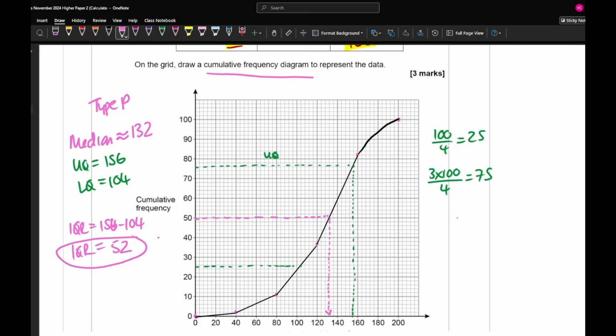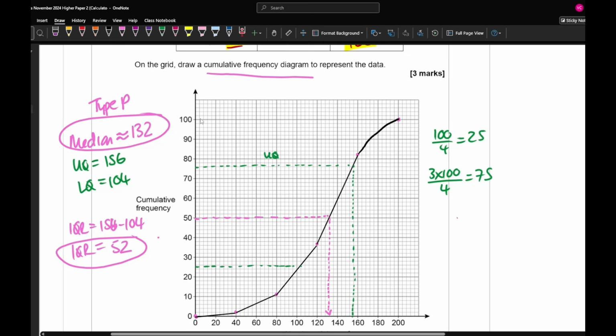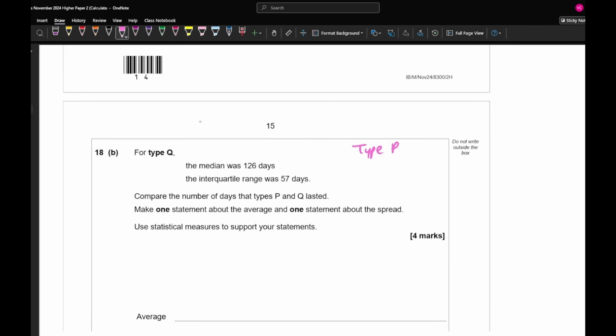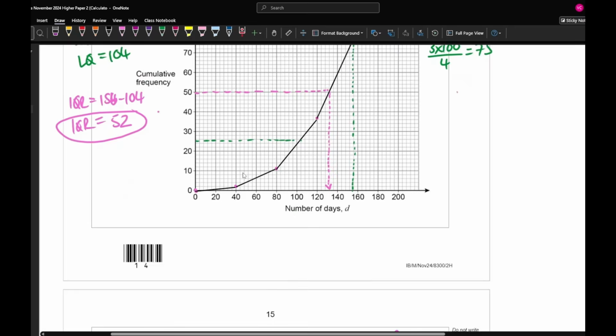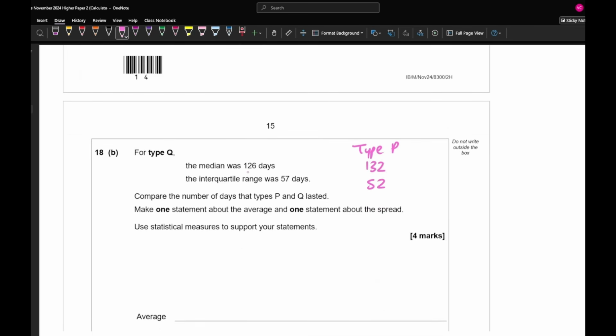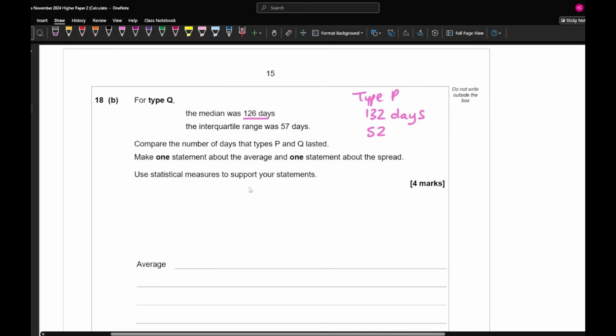So what I need to do is compare these two numbers with the median and IQR of type Q. So if I just write type P, then the median I worked out was 132, and the IQR was 52. So comparing the medians, I'm comparing 126 days to 132 days. So obviously with the battery you're wanting one that lasts the longest. So what you then need to write is, on average,